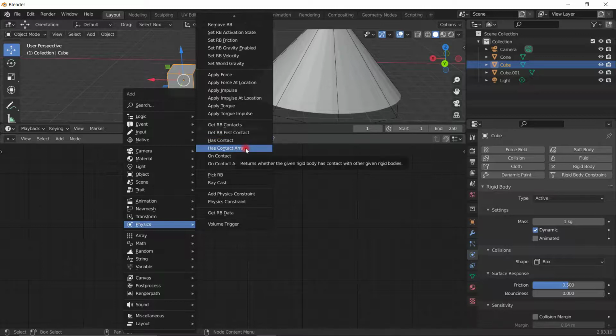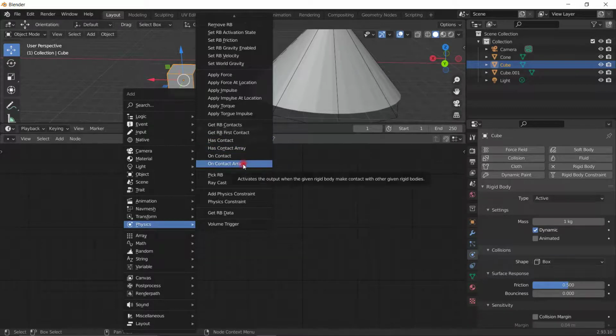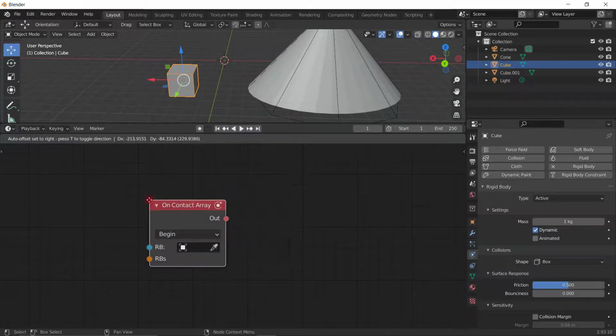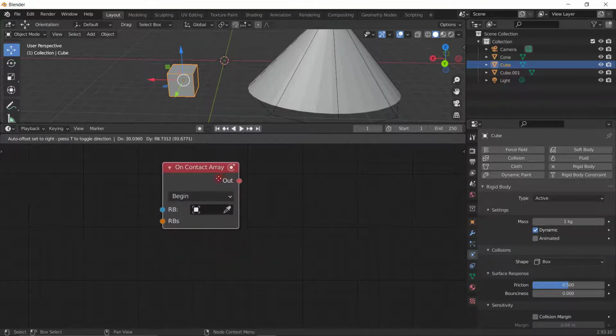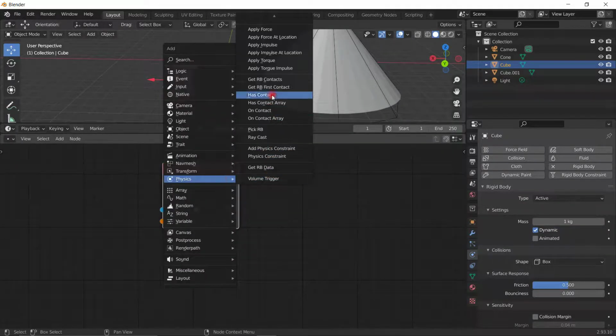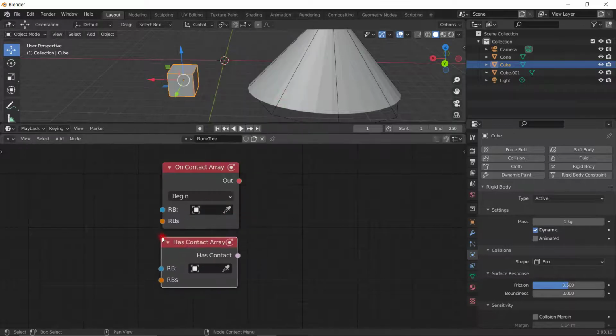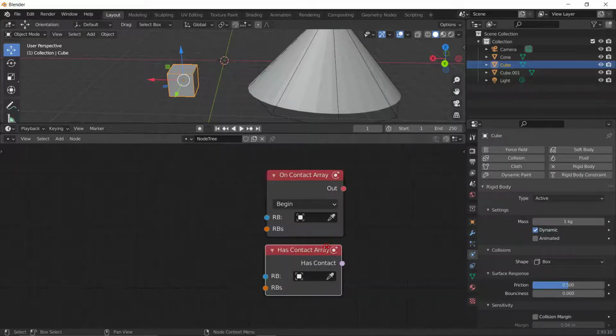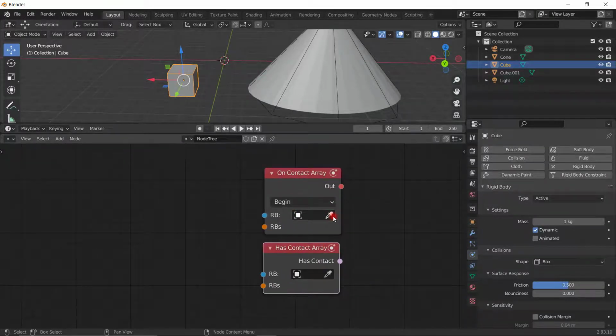For example, we have an on contact array, or the has array, which essentially sends out a boolean. We can go get it actually. The has array here is the same thing as this node, but this one sends out a boolean, a yes or no answer to the question, are they colliding? But you might be confused here because we only have one